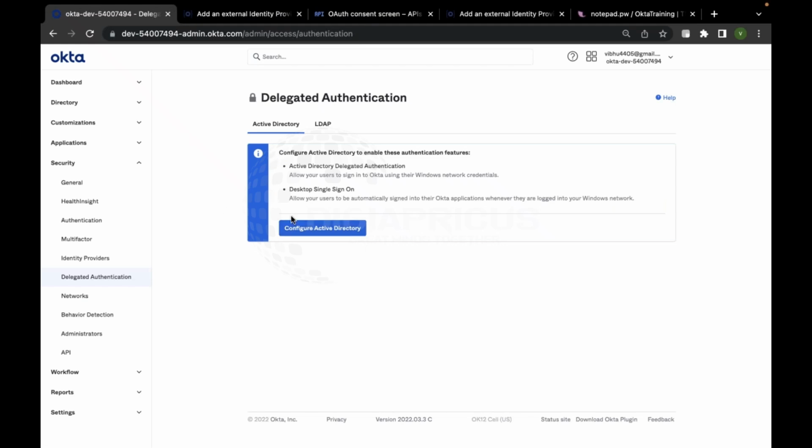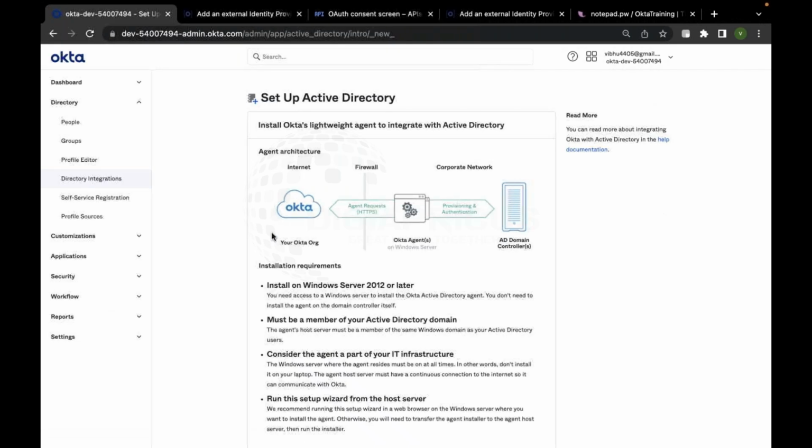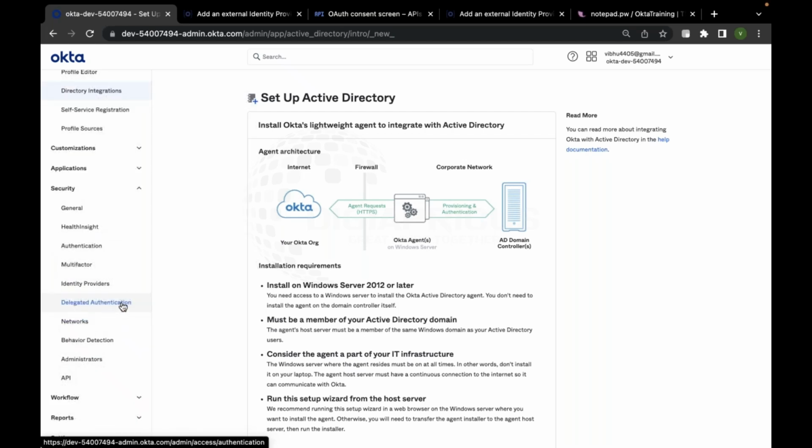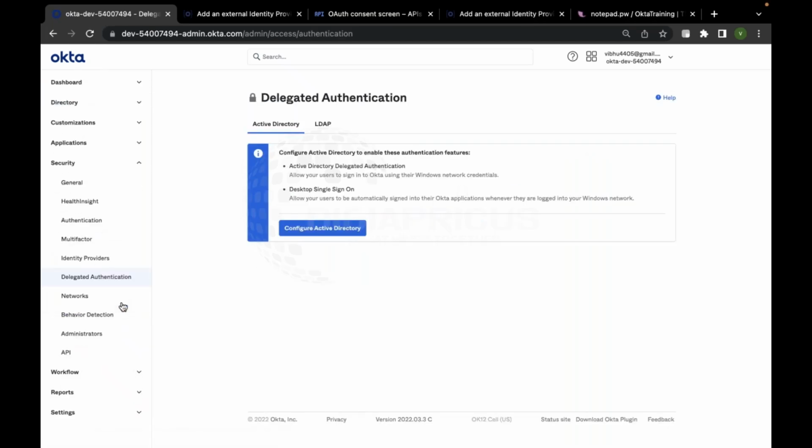So apart from that, next we have the delegated authentication. This is exactly the same as what we discussed last time. Delegation is distributing or dividing your roles and responsibilities. If we want to configure delegated authentication, we'll be redirected to that same directory integrations tab. Currently, we do not have any Active Directory or LDAP directory for which we can enable delegated